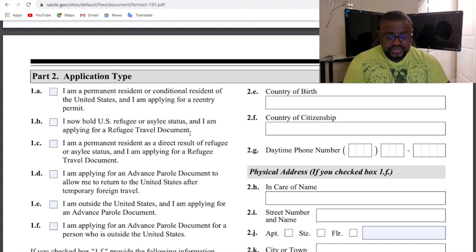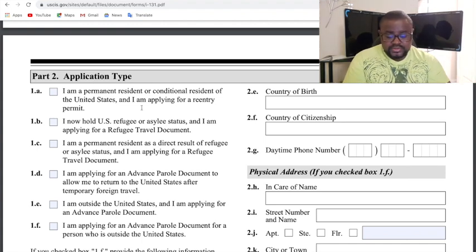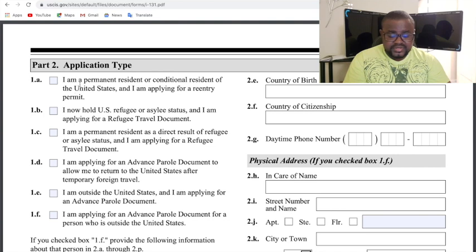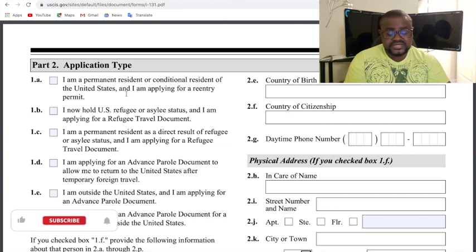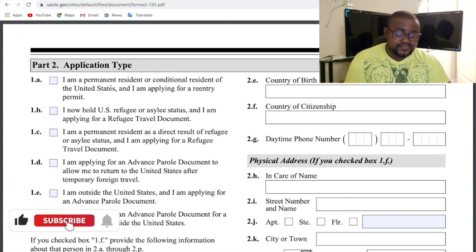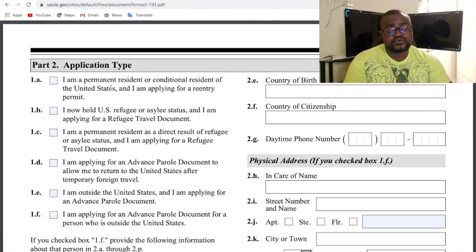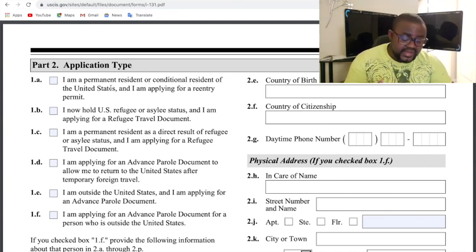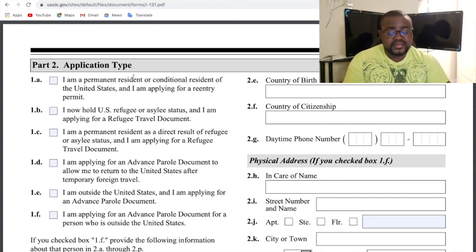So it says part 2, application type. 1A says I am a permanent resident or conditional resident of the United States and I'm applying for a re-entry permit. So if you have a green card, a permit, and your green card has expired, but due to one or two reasons you are not able to apply for your citizenship, you have to reapply again. So this is the form that you use to reapply for a permit. Or conditional residence, so if you came here under certain conditions, like refugee and other stuff,